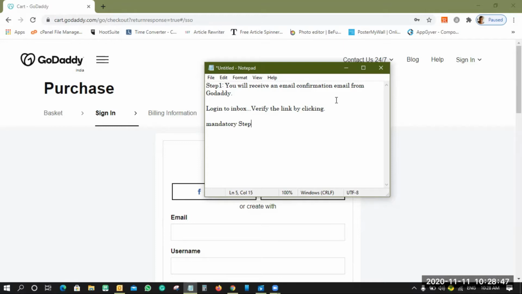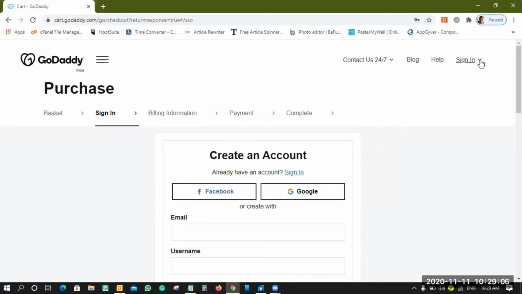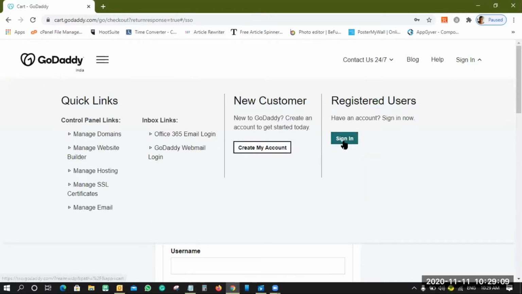Some people or some companies might expect you to verify your email along with your mobile number as well. So these two verifications are important. The first thing is to go and verify them. Once you've done the verification, you will get something of this kind when you log in here. So click on your account, and you see it says My Account, My Products. So whatever products you purchased